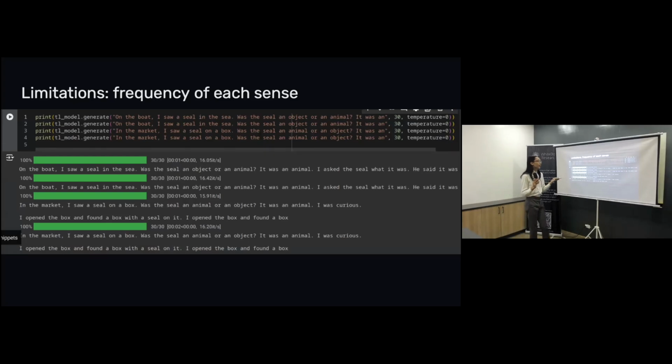On the boat, I saw a seal in the sea. Was the seal an object or an animal? It was an animal. Okay, makes sense. And then, in the market, I saw a seal on the box. Was the seal an animal or an object? It was an animal, right? So this makes no sense. But I think this is the case because seal as an animal is so much more common